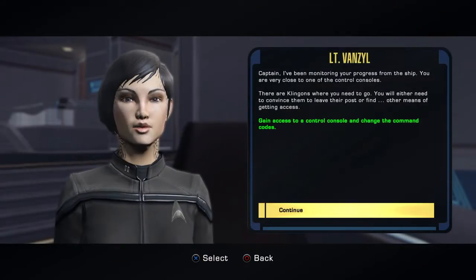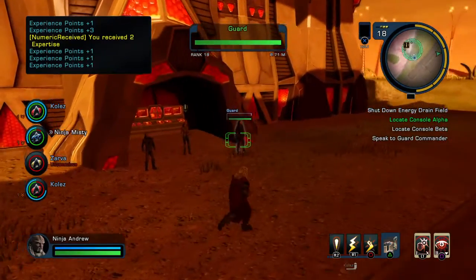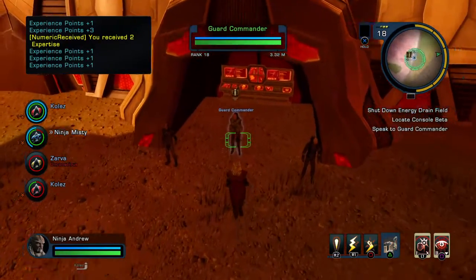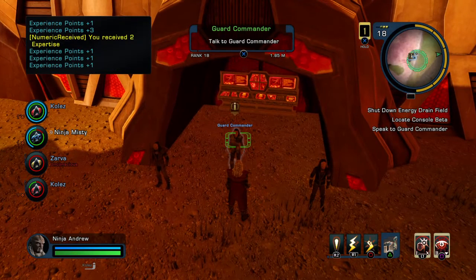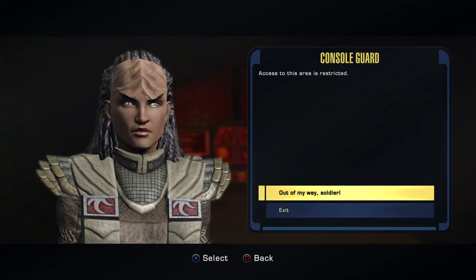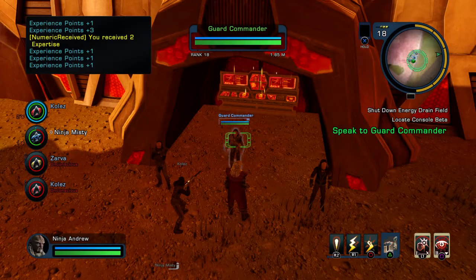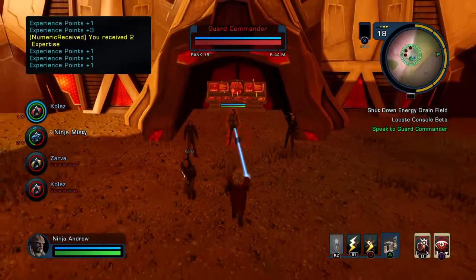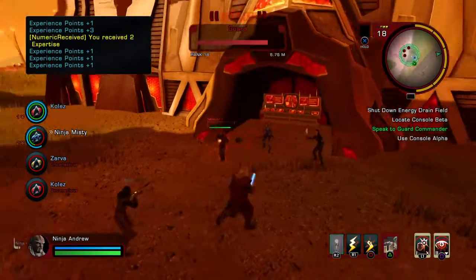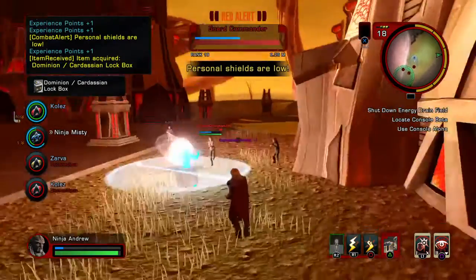And just see if I can hit the button or whatever it wants me to do. What does this button do? My personal shields are low. Oh my god, they're all after me. And the dogs. They've released the hounds. Okay, don't worry. The dudes that were guarding the console have now started attacking me too, so...